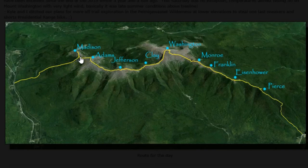But once we got to the Madison Spring Hut, that day's efforts were pretty well done. Some of the group went back up to Madison, the mountain, and then came down. The next morning, from the Madison Spring Hut, we began the hike across the Appalachian Trail towards Mount Washington, hitting Mount Adams, Mount Jefferson, Clay, Washington, and then ending the evening down towards Monroe at the Lake of the Clouds